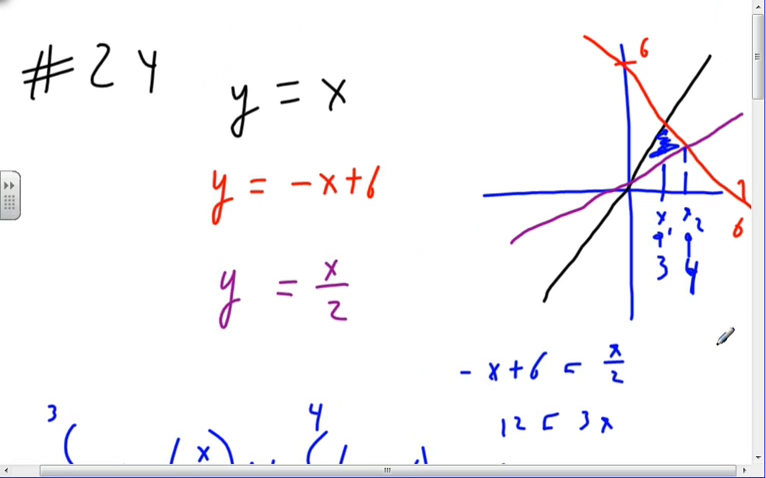Okay, any questions? All right, if not, we'll do a Control Shift